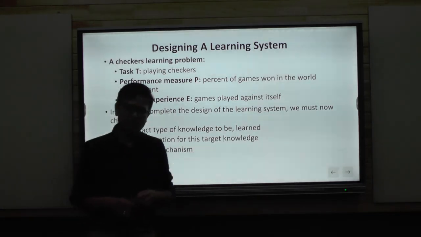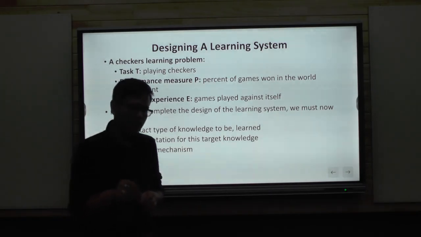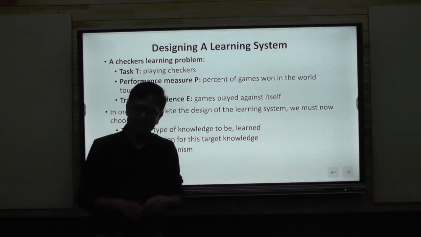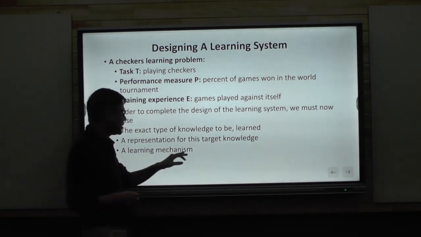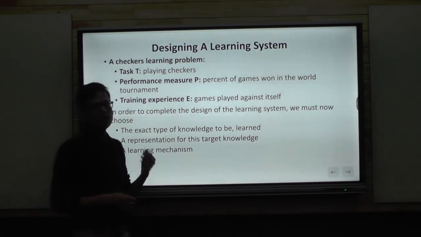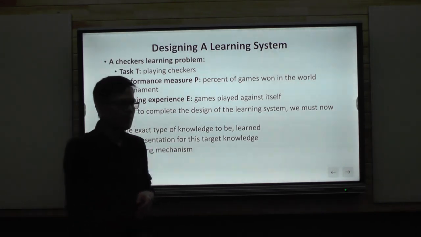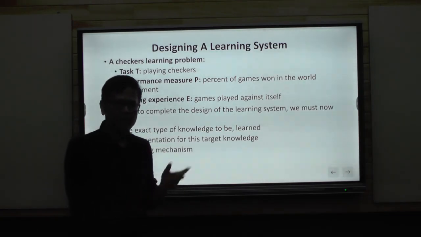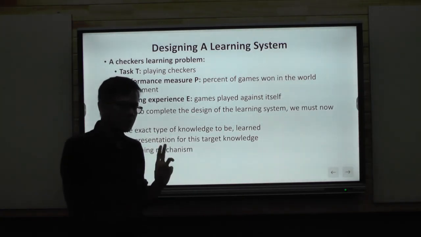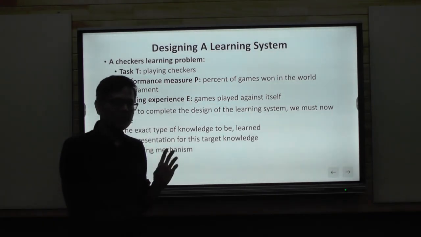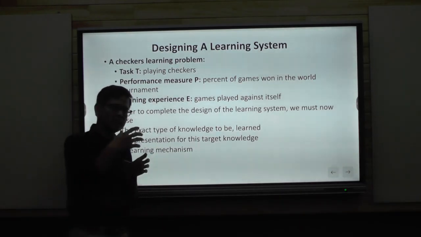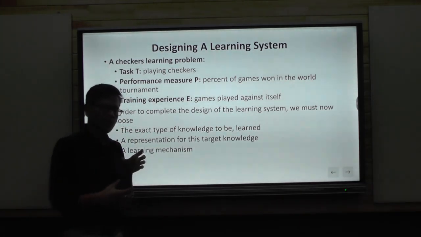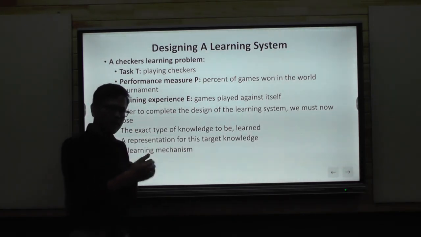For example, in checkers there could be board states. Similarly, for chess, it could be a board state. And then we have to choose a learning mechanism. How will you learn? Learning mechanism means we can choose LMS, gradient descent, and so on. We'll take these not in detail but in brief while discussing this topic. The idea is we are designing a checkers playing program or checkers playing module, so it should be ML based.